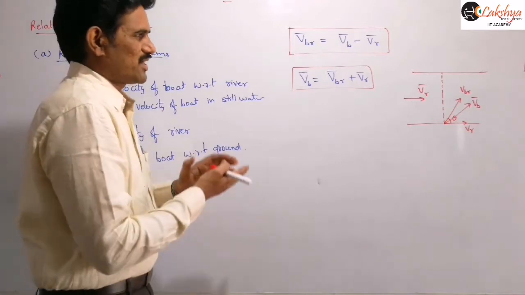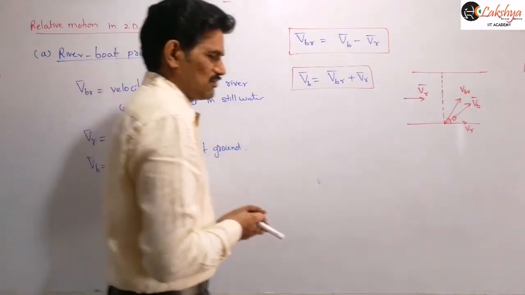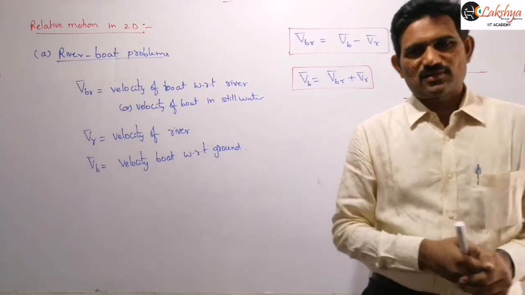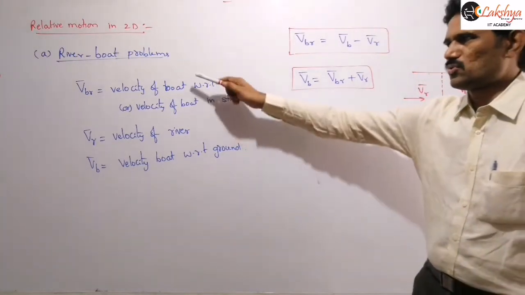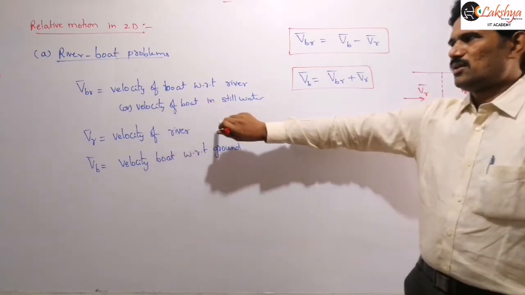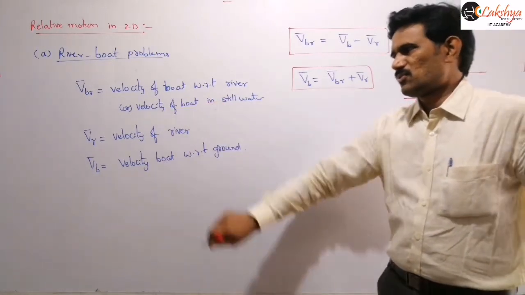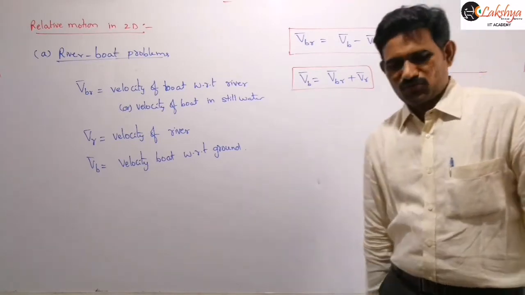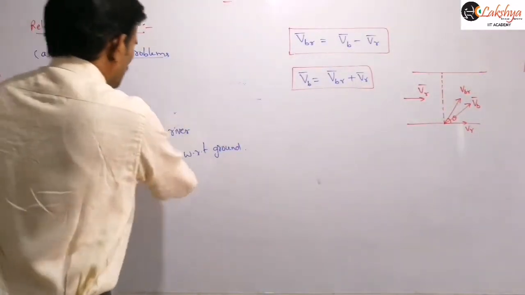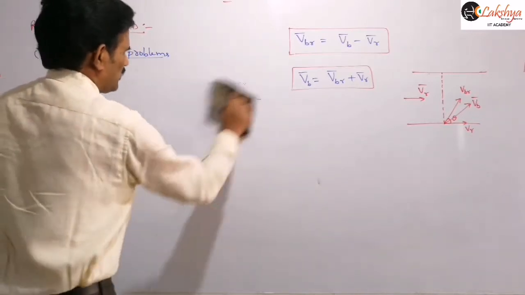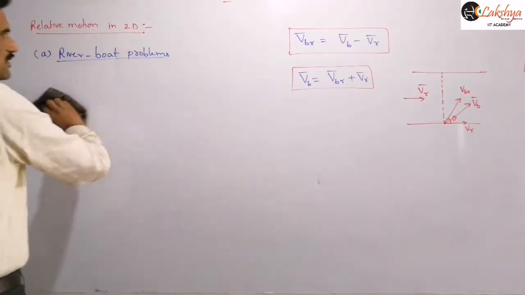And so now let us first note these values here, and we will go to that general case, and from that we will discuss some cases one by one. So please note these values, velocity of boat with respect to river and velocity of the river, and this is velocity of boat with respect to the ground, right? And so now we will take first a general case, and from that we will discuss some important cases in that.